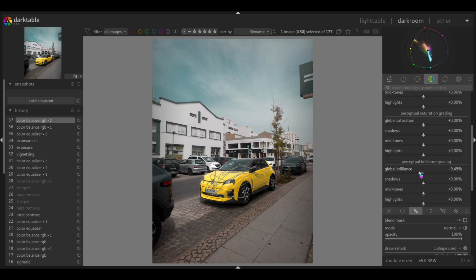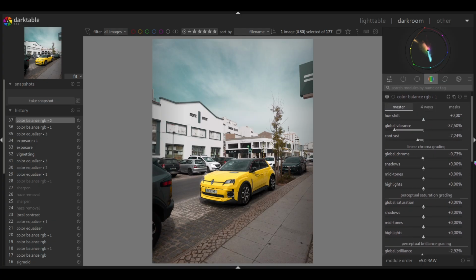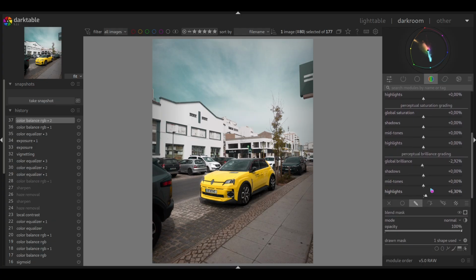Move a little bit the brilliance. No, maybe leave the brilliance as it is and push some shadows and mid-tones. But then I would have to, in this one here